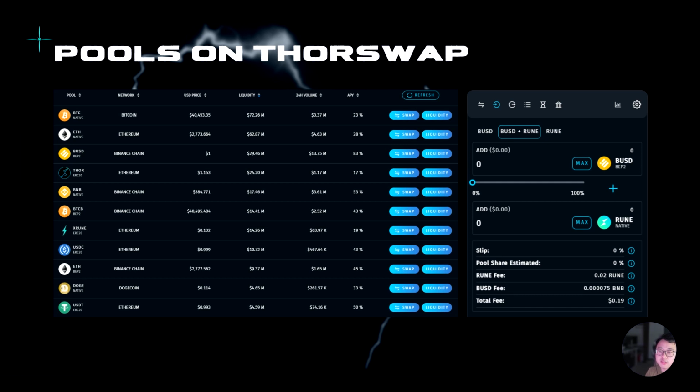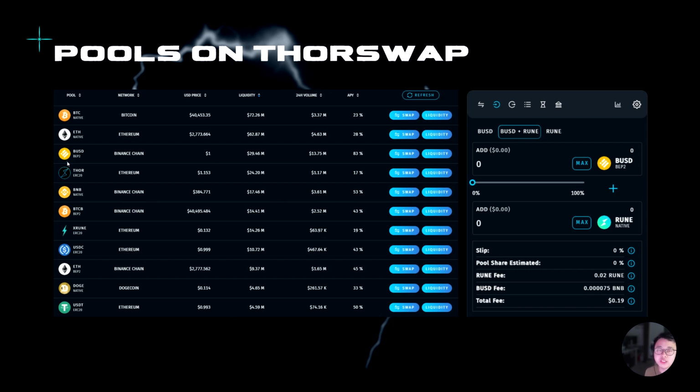And all these are only possible because you are swapping with RUNE on the other half of it. So it's actually like Bitcoin RUNE, ETH RUNE, BUSD RUNE. So there is impermanent loss, but like I mentioned, after 100 days, any type of impermanent loss, if RUNE were to drop a lot, is going to be mitigated. So if you put in 100,000 BUSD, after 100 days, even if RUNE drops, you're still going to get back